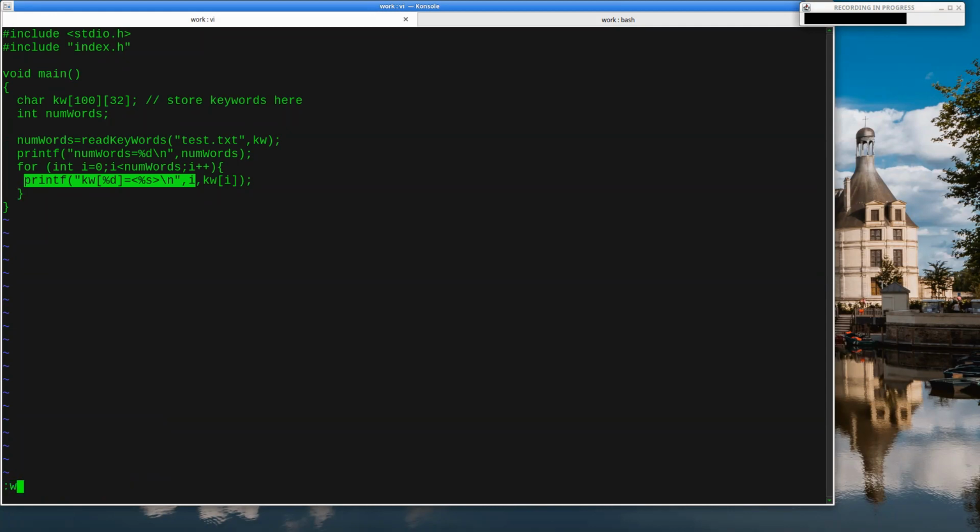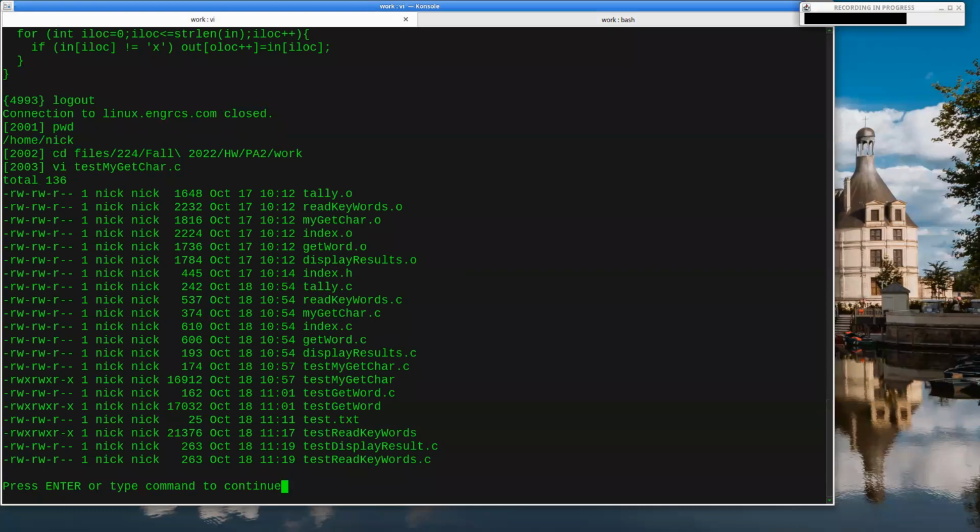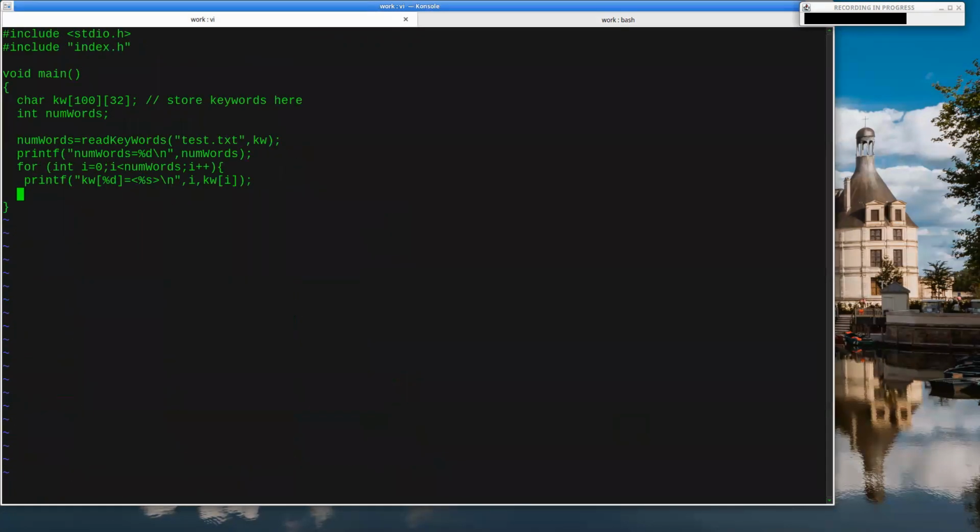So in VI, you can say :W followed by a file name, and it will write the current file into that other file name. It doesn't change the name of this file. This is still test read keywords. But I just created this test read test display results file over here. And after you write a file, you can get to it from inside VI by saying :N for next, and that'll